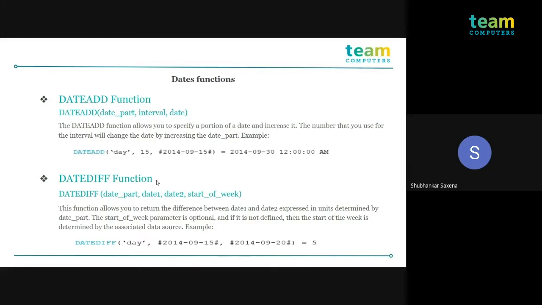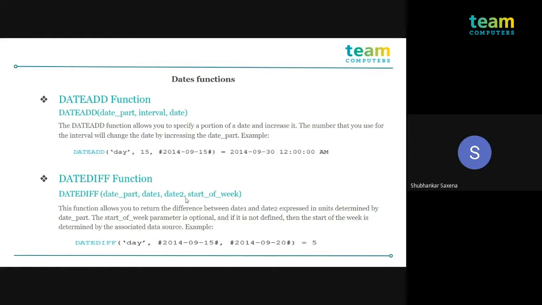Second is the date diff function. This function allows you to return the difference between two dates. The difference between date 2 minus date 1 is expressed in units determined by the date part. Here the start of the week is optional.